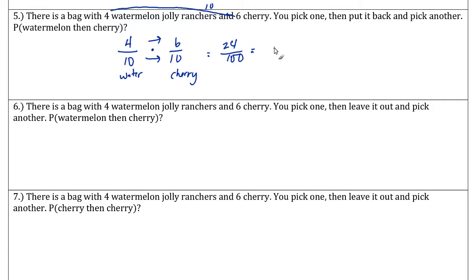Oh man, I should have reduced earlier. All right, so divide by 2, I get 12 50ths. Divide by 2 again, I get 6 25ths. And if you prefer, you could have reduced it already here. You would get 2/5